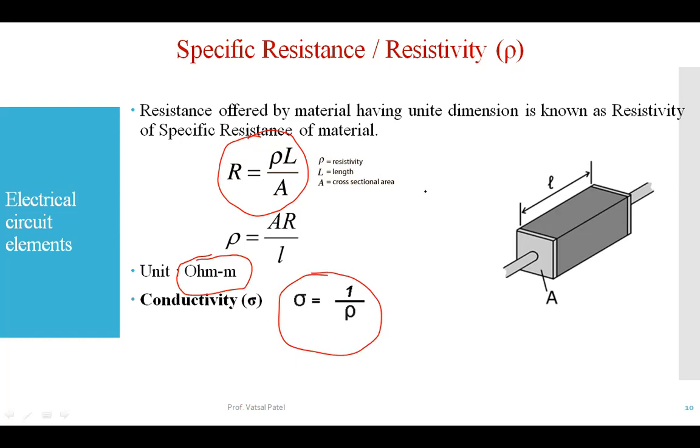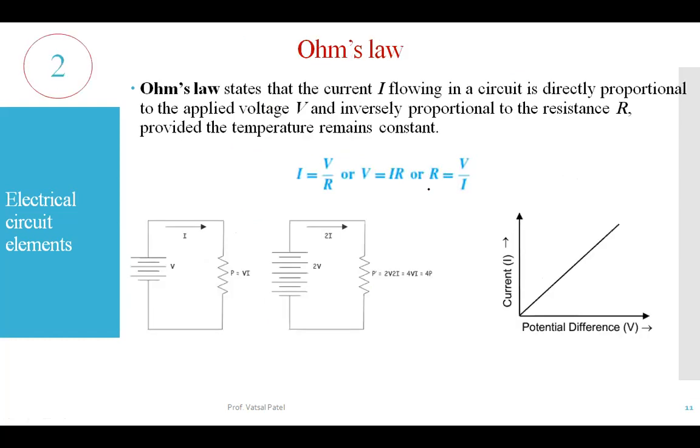So we discussed this in the last session, and then we saw the Ohm's law. I hope this is clear to everyone, the statement we identified for Ohm's law: the current flowing in a circuit is directly proportional to the value of the applied voltage, and inversely proportional to the value of resistance.